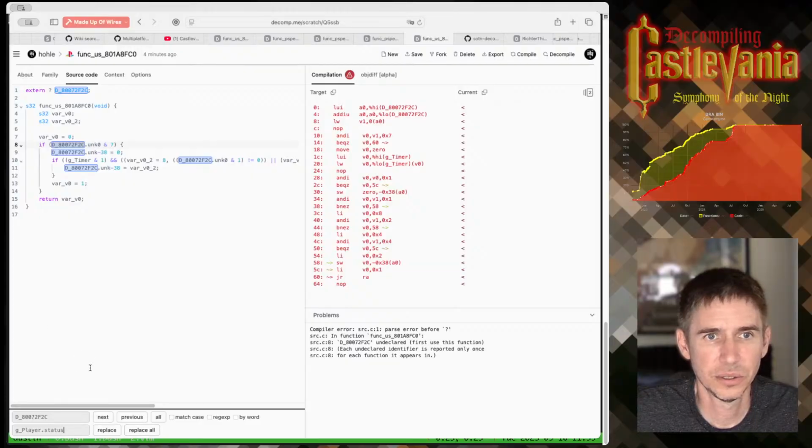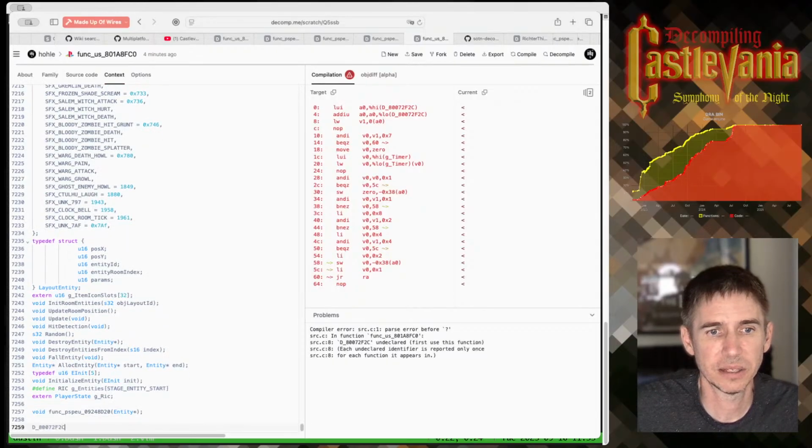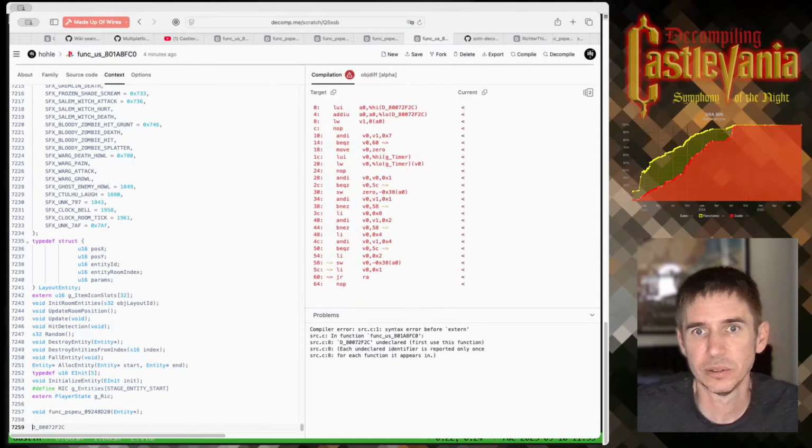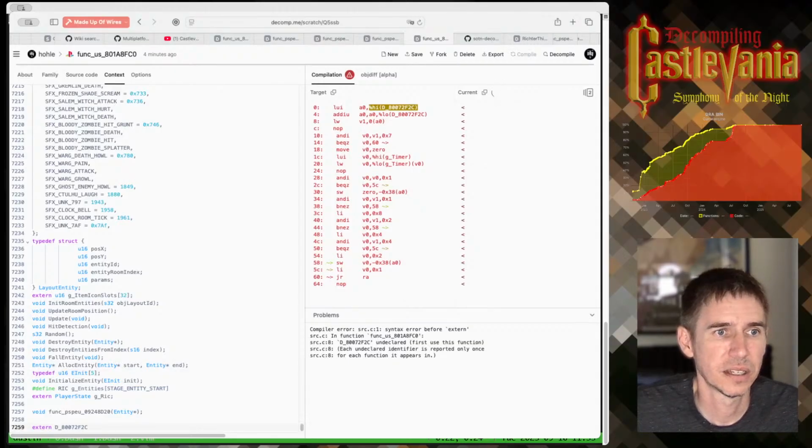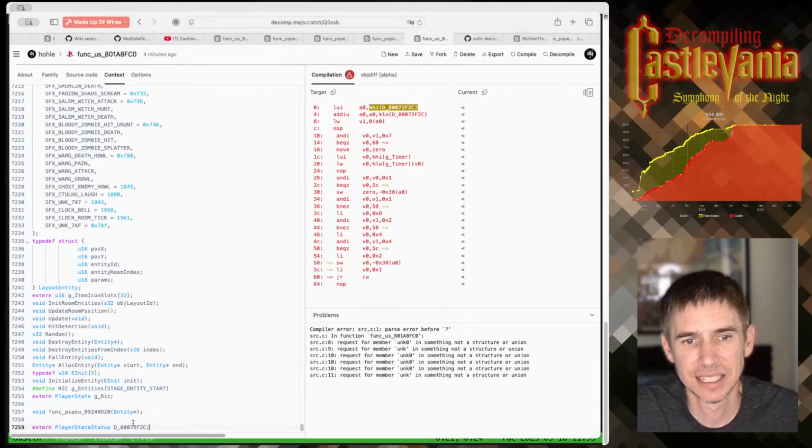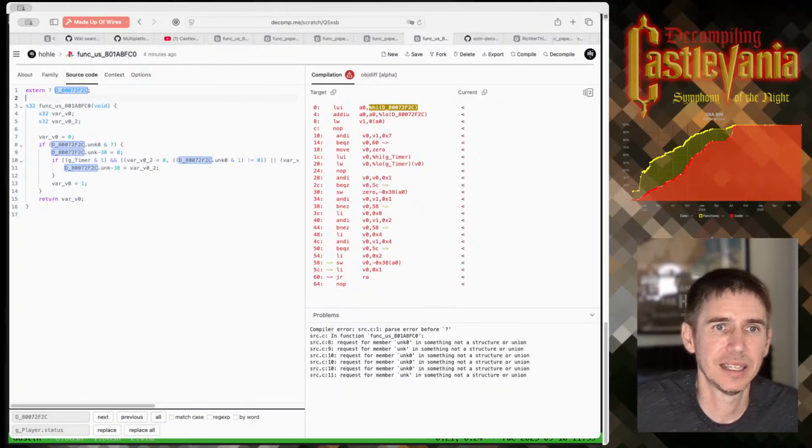And let's do this. Let's take this variable. We can't do anything about that symbol because that symbol is here. But what we can do is define it in the context. Tell M2C that this particular instance is a player state status.